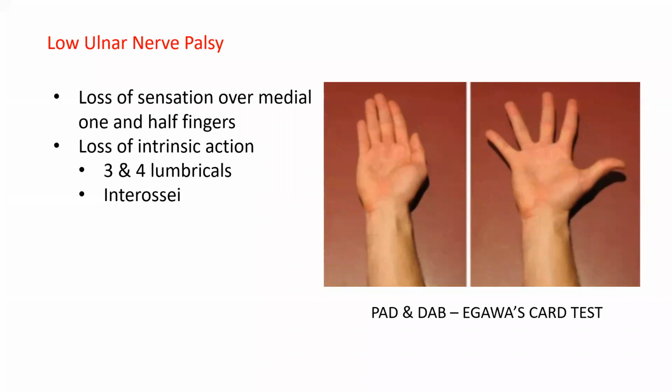If you are able to pull out the card, then the muscle action is lost. Likewise, if the patient holds between these two hands, you should also hold between these two hands and try to pull it out, right? And the same for the other hand as well. So never hold the card like this. If the patient is holding this way, you should not pull out the card this way. Am I clear? Are you able to understand this? Because this test should not be done using the wrong method. Okay.